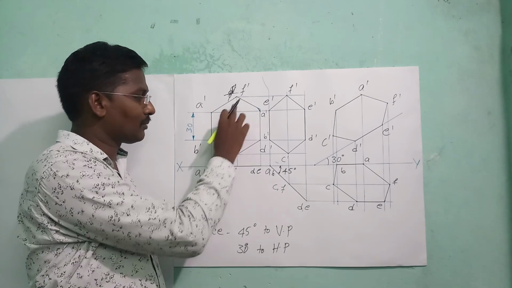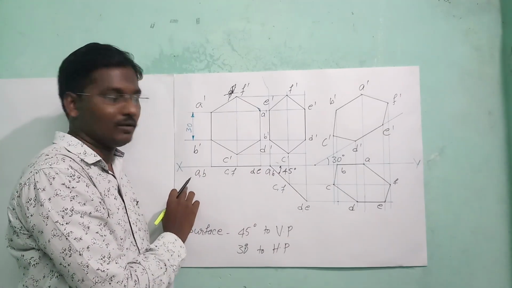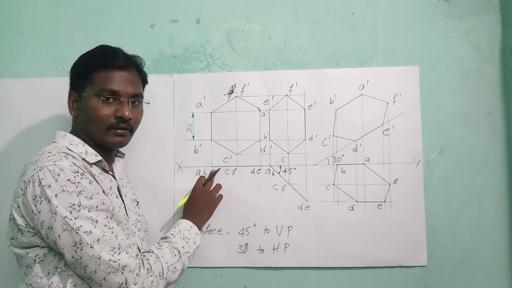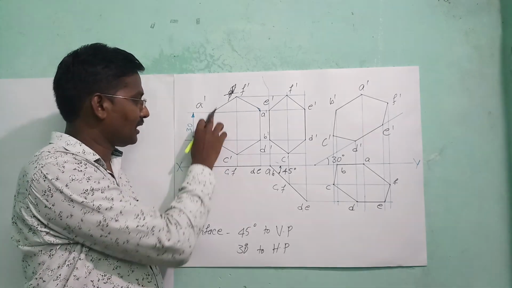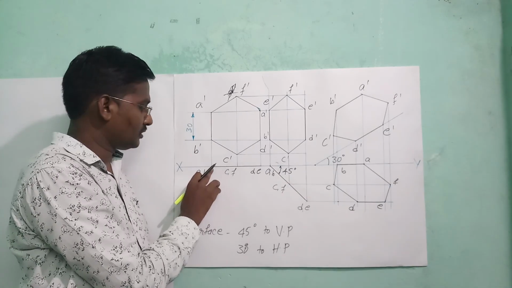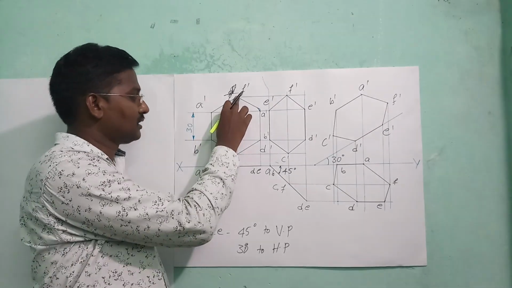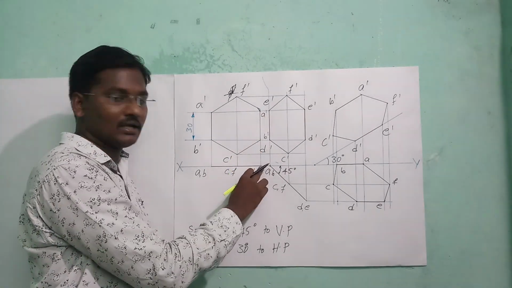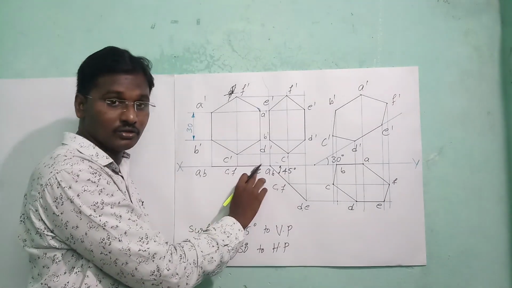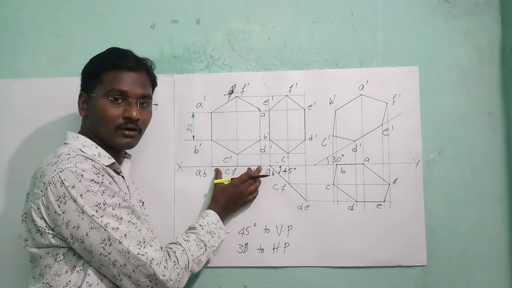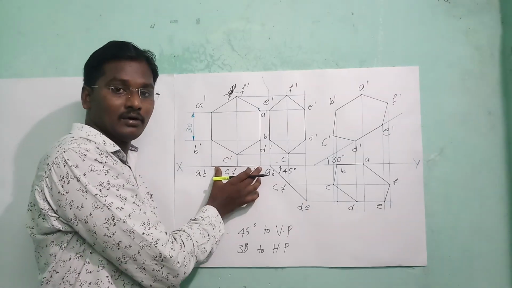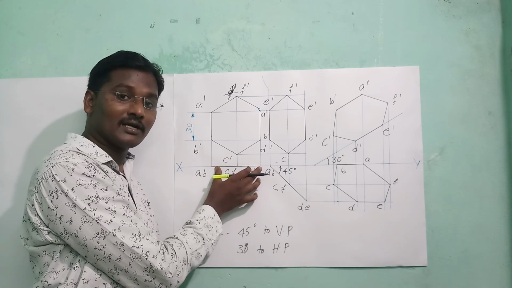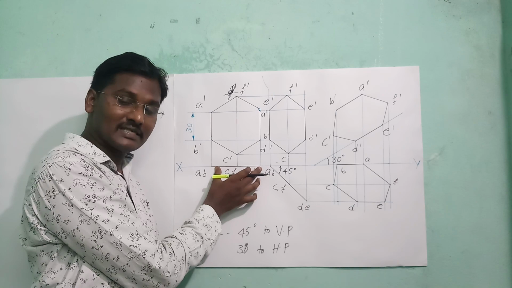Next, draw the vertical projection lines up to the reference line. Now when we draw the vertical projection line, the points A and B fall on the same line. We have to observe clearly, AB on the same line. Now here we got the point AB. Next, F dash and C dash are on the same line. Next, E dash and D dash are on the same line. Now join a straight line. By joining all these points, draw a straight line. This is the line only. When we are looking from the top, it looks like a straight line. Where is the straight line located? The straight line is located on the reference line itself.